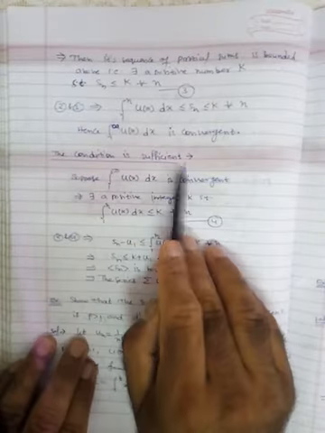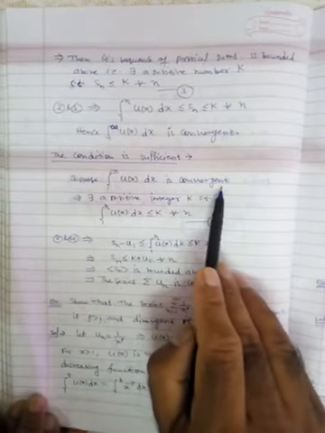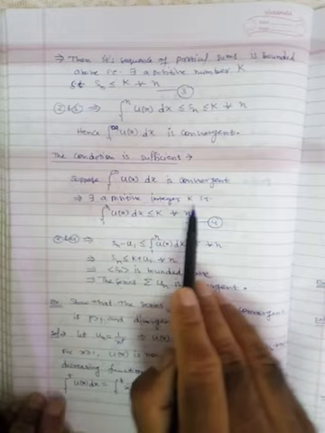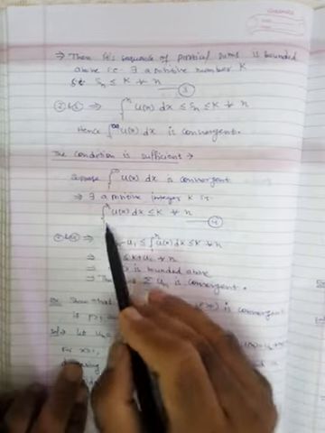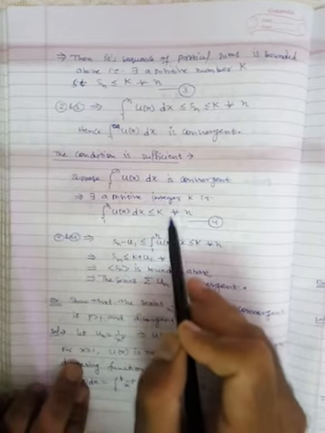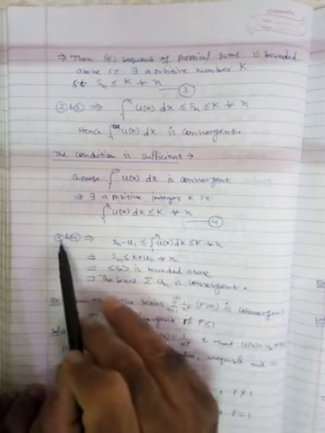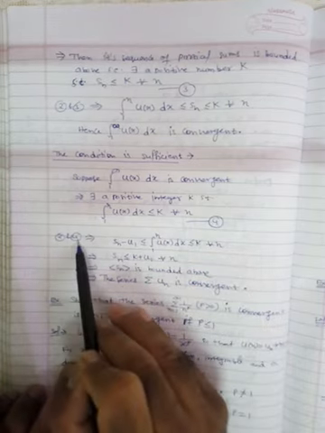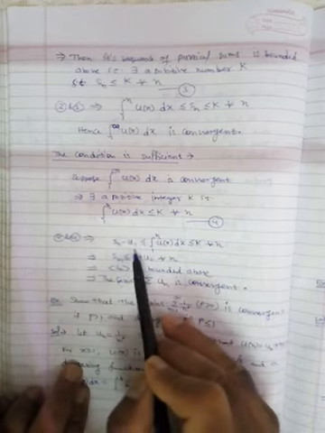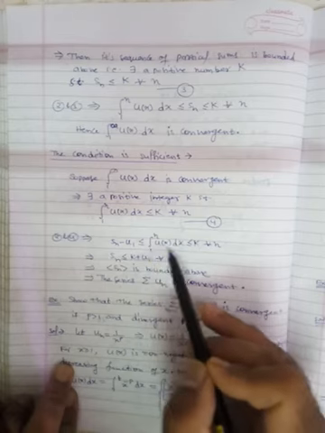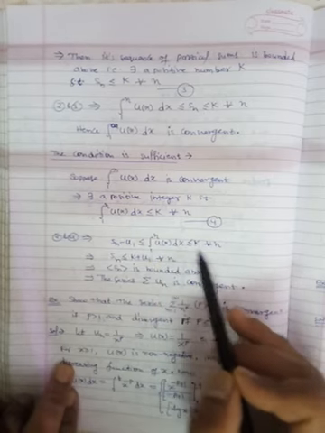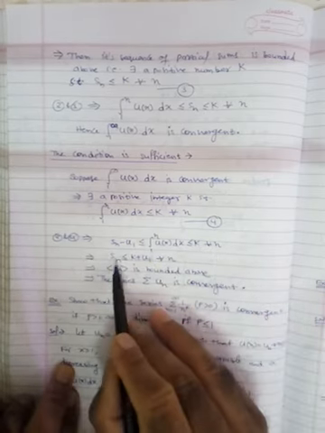Now the sufficient part. Suppose this integral is convergent, so obviously there exists a positive integer k such that the integral from 1 to n of ux dx is less than or equal to k for all n. Then again using equation number 2 and 4, Sn minus u1 is less than or equal to the integral from 1 to n of ux dx, but this is less than or equal to k for all n. So that's why Sn